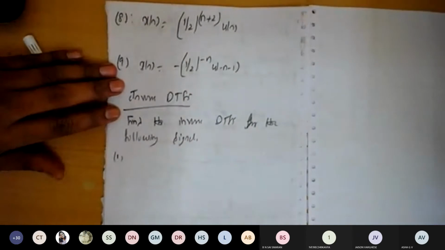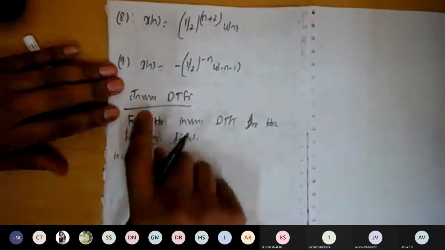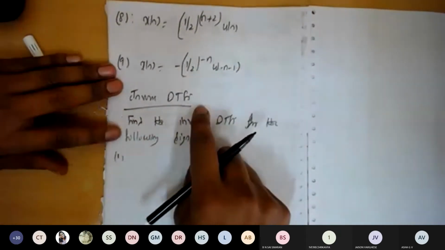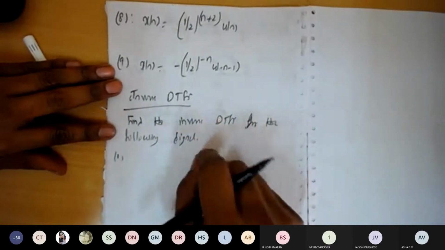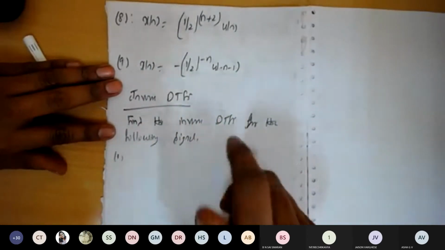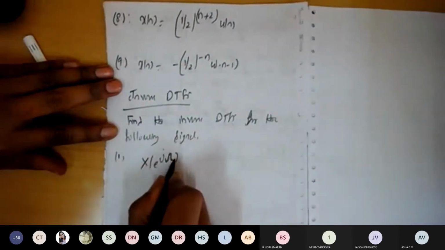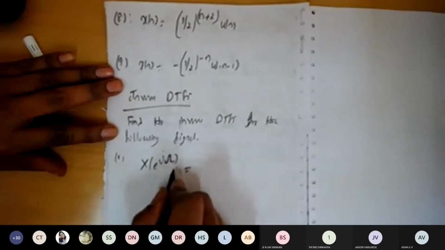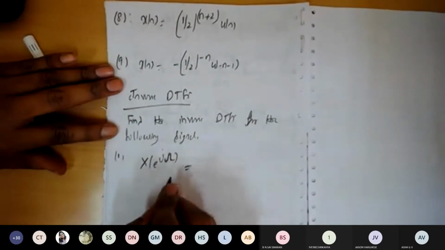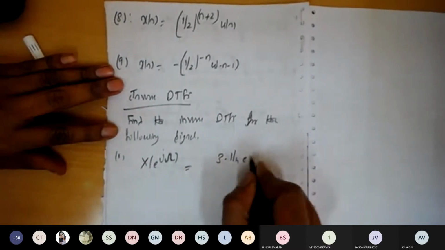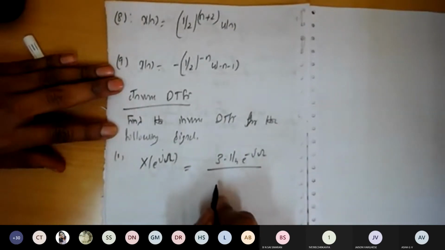So here we are going to consider x of e to the power of j omega. In the exam, for the continuous time Fourier transform also, they're going to specify find the inverse DTFT. But here, based on which omega you're going to use, you need to decide whether it belongs to the discrete time Fourier transform or the continuous time Fourier transform. Suppose it is capital omega, x of e to the power of j capital omega, it is assumed to be a discrete time Fourier transform. If it is a small omega, then you need to assume it is a continuous time Fourier transform. So based on that, you should decide whether it's a DTFT or the continuous time Fourier transform.